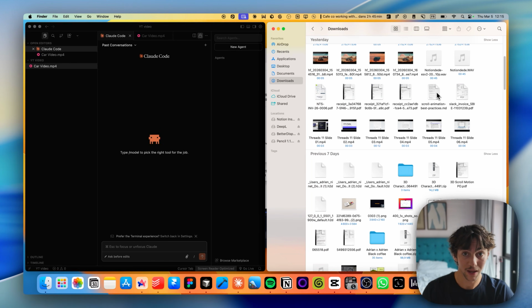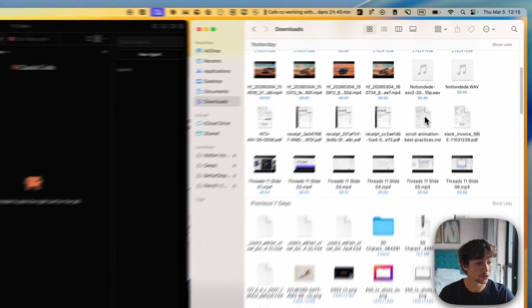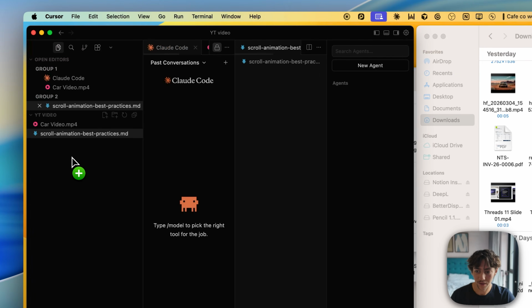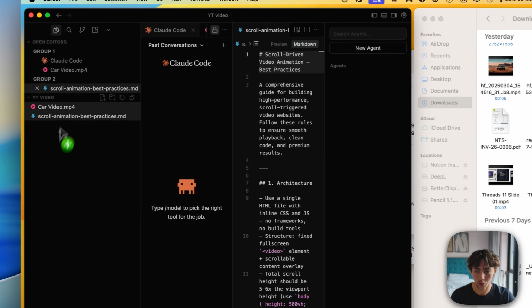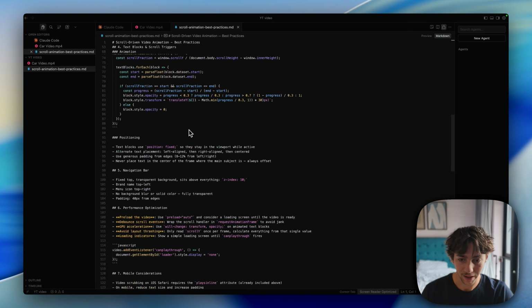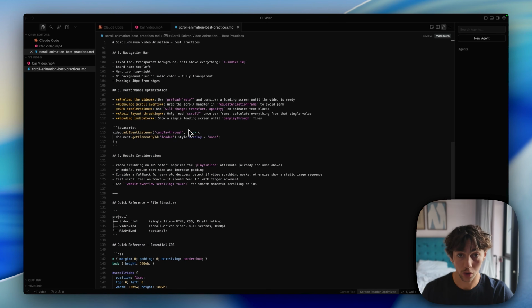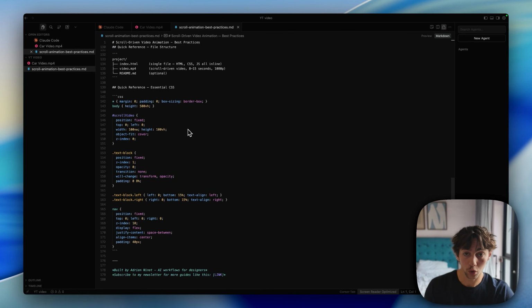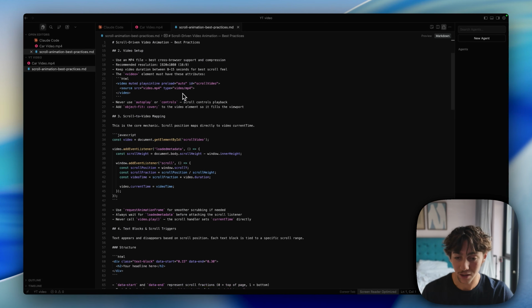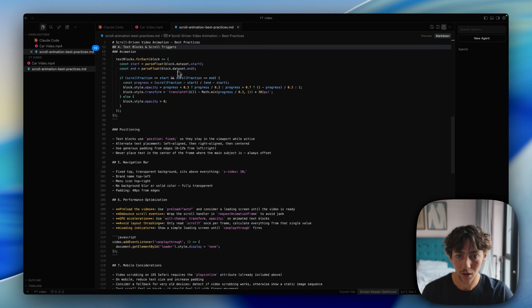And the second step, which is probably the most important, you want to take the scroll animation best practices.md file and drag it over here as well. This MD file is basically a gold mine. It gives all the instructions to Claude Code on how to build a good website with scrolling animation. So if you've never opened Claude Code before, it can seem a bit complex, but trust me, it's not. All you have to do is just download it and upload it over here and Claude Code will do the